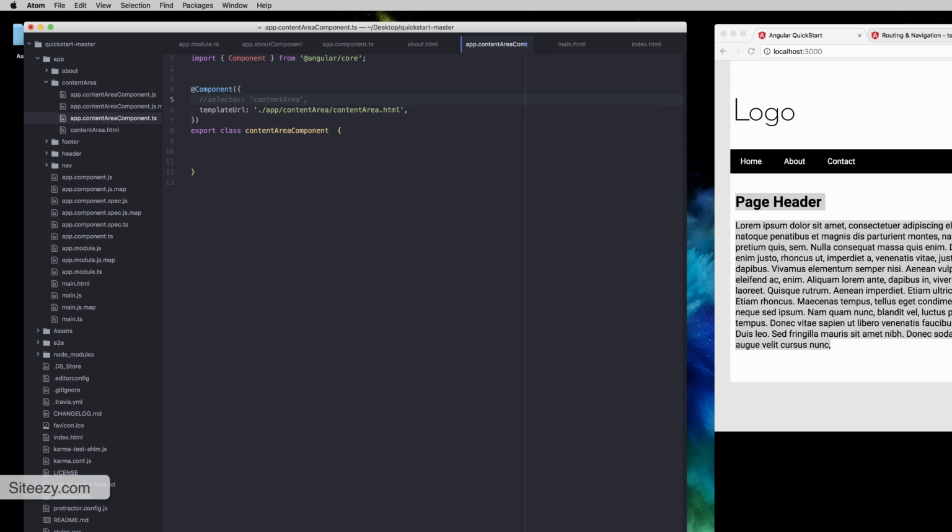So we want to comment this out, and to comment out in TypeScript it's just the same as PHP. It's just two forward slashes. So what that's effectively going to do is remove that from our page. So don't worry about this erroring out here, but before I show you how to make this work, I just